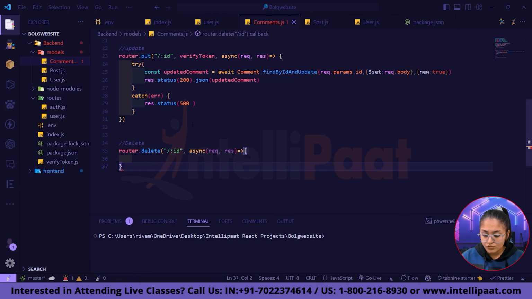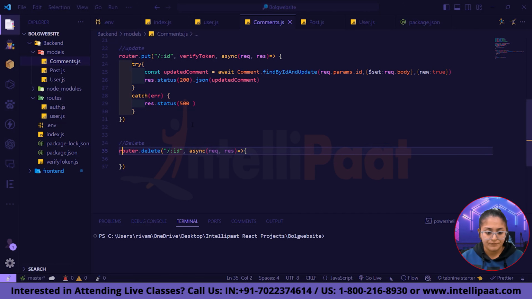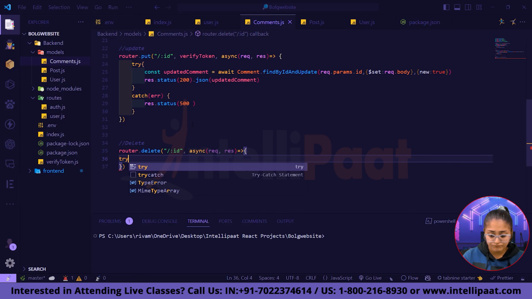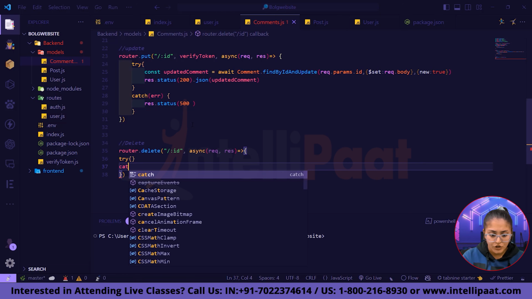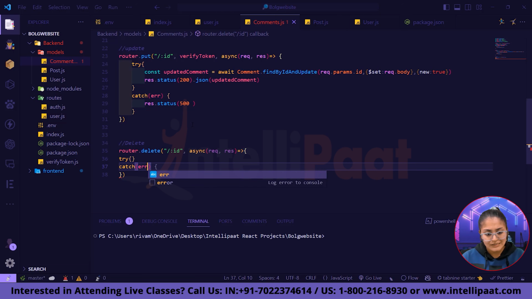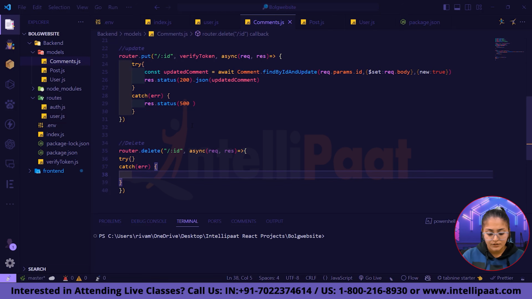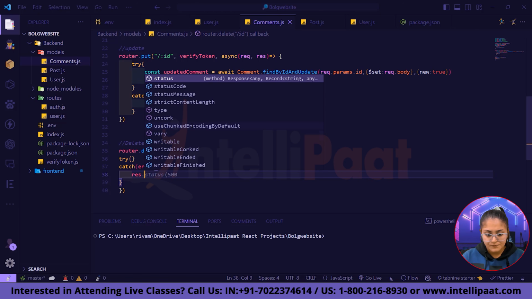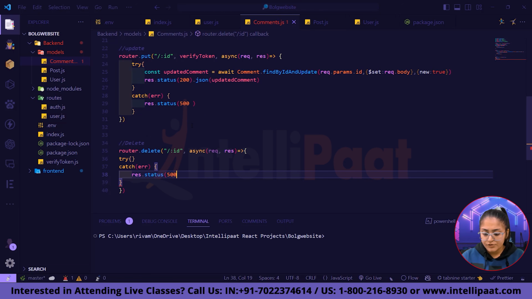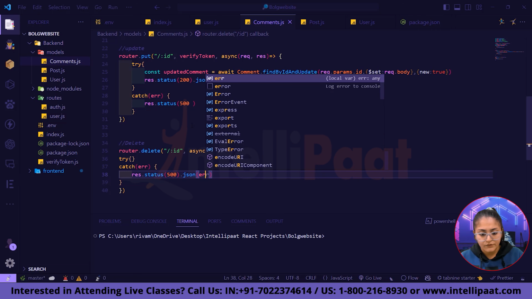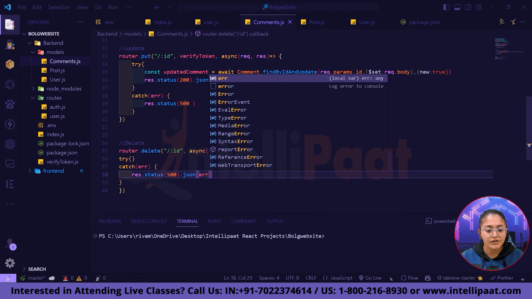Now inside this, the usual try and catch block. This will have error and response dot status 500 dot JSON, and inside that we will pass the error. Now inside our try block,